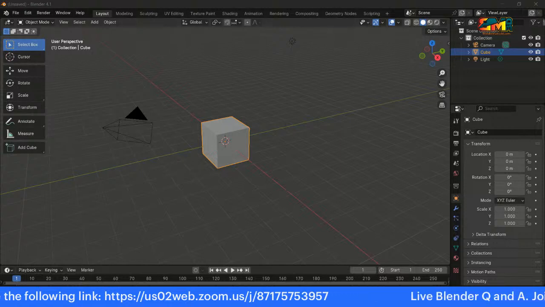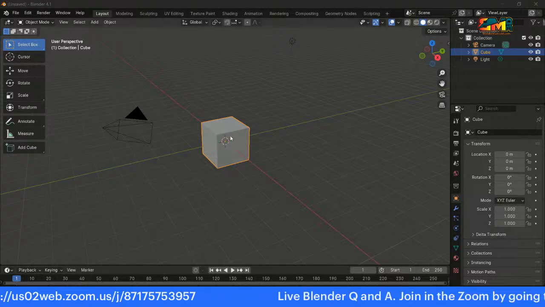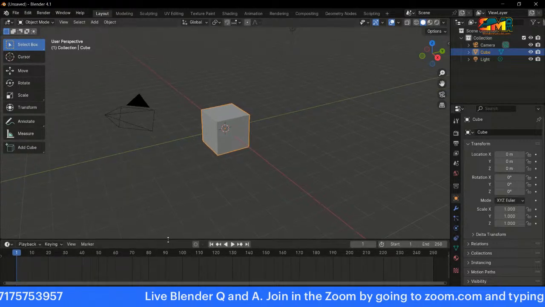By the way, guys, I'm not sure if you noticed, but in Blender 4.1, when you hit the I key,